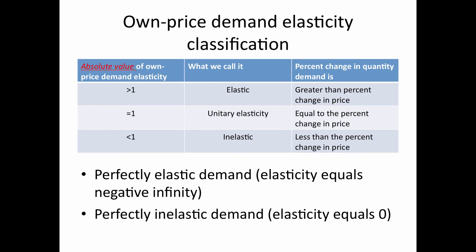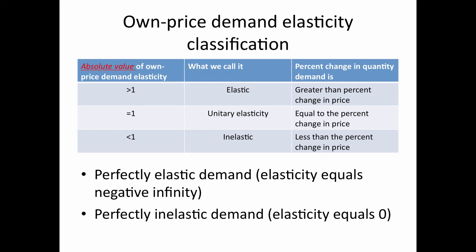We also have two extreme cases when it comes to the own price elasticity of demand. This mimics what we had with supply elasticities. We know that if the elasticity of demand equals negative infinity, or an absolute value is equal to infinity, that we have perfectly elastic demand. What that means is that you've got a horizontal demand curve, that the price will be fixed and will not